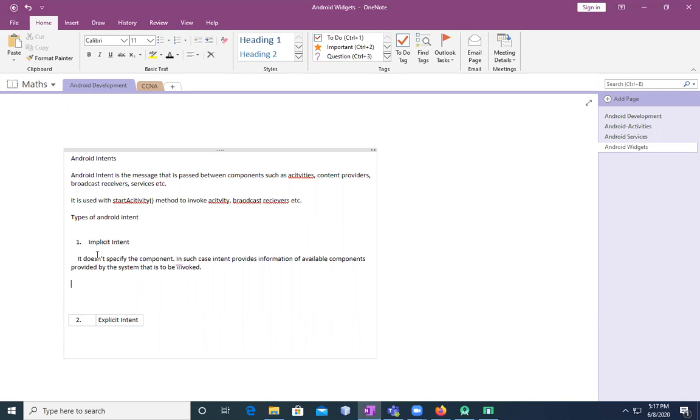It does not specify the component. It's not going to help you to specify any particular component that you want, but what it's going to do is just provide you the information which is already available in the components provided by the system. So whatever components or information you have in the system, it's going to help you provide the information about those particular components. For example, you may